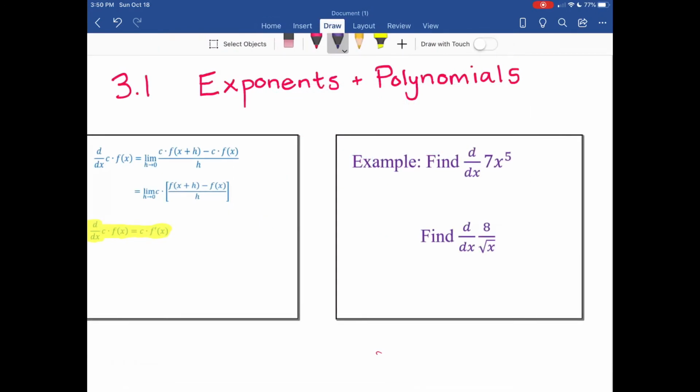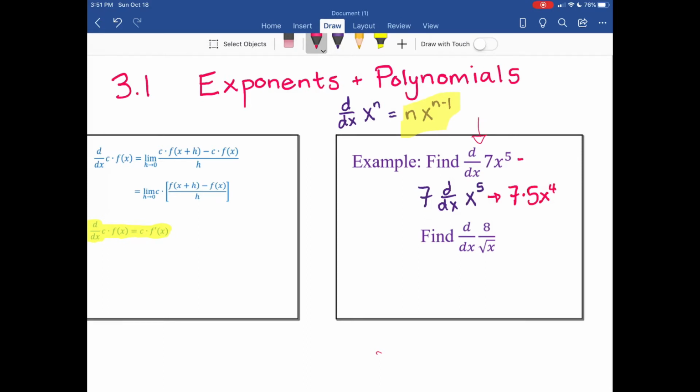So starting with this first one, if we're asked to find the derivative of 7x to the 5th, we are going to go back and remember the power rule that told us that if I had the derivative of x to the nth, that would be n times x to the n minus 1. So going back to 7x to the 5th, that's the same as saying 7 times the derivative of x to the 5th,